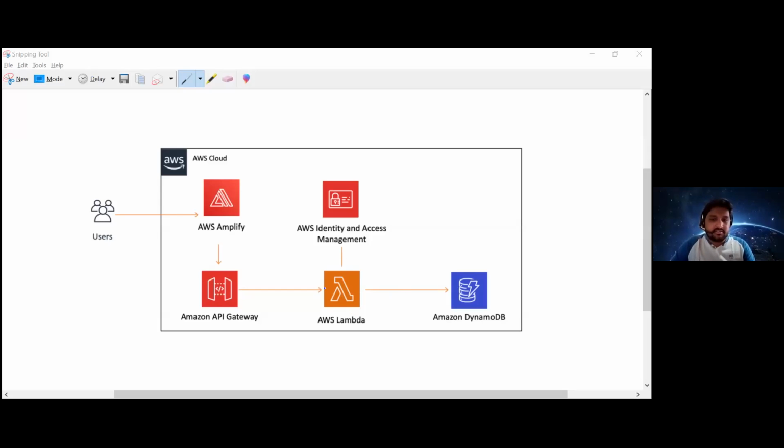Lambda that you see here is where we will write the backend code. Now, what does backend code mean? Anything that you do on your website has to be processed somewhere, right? So Lambda is going to be Python code that we will write. Now DynamoDB is a database where you will store whatever you write on your website. And API Gateway, this component here, is going to connect your website and your backend, right? Everything clear?